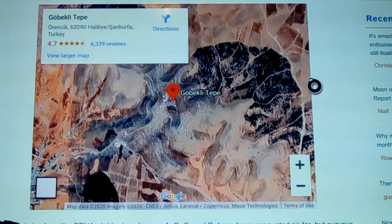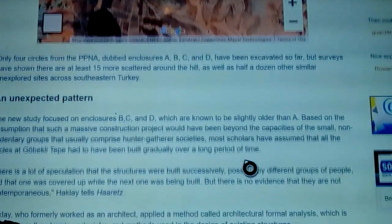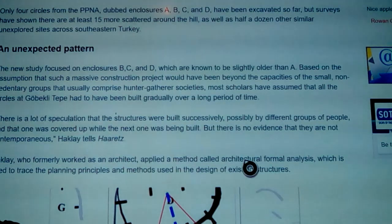This is a look at the Gobekli Tepe mound, and I'm telling you that there are mounds that are near here. And if this is north-south, there's one right here, just off the screen, literally. And I'll show you a few more that have been found because people started looking, and it's amazing what you can find on Google Maps now. But